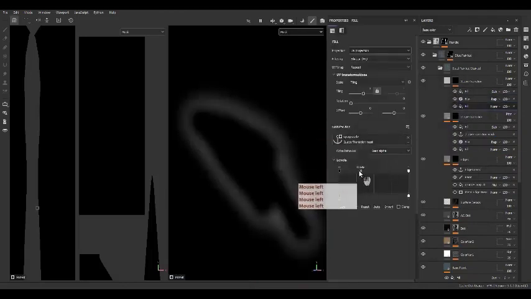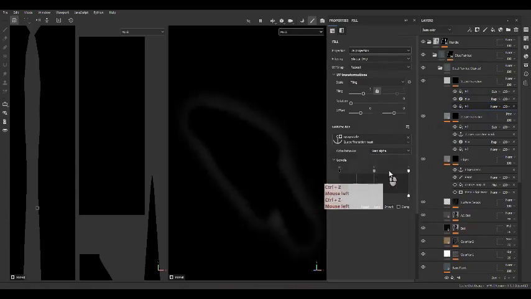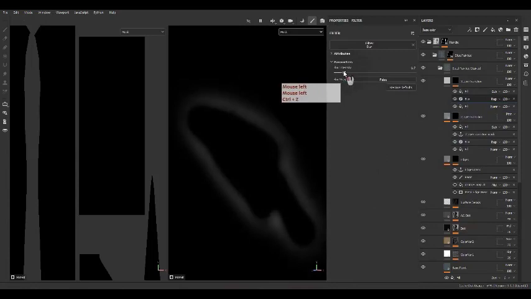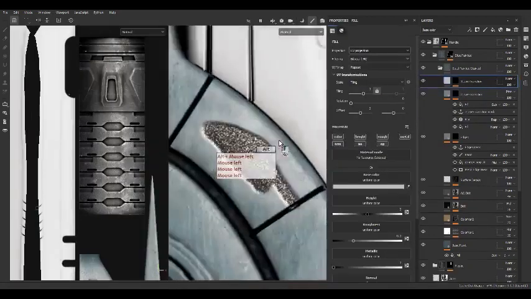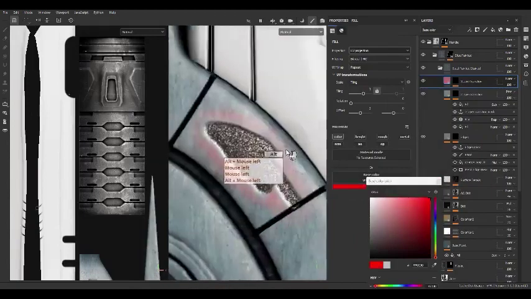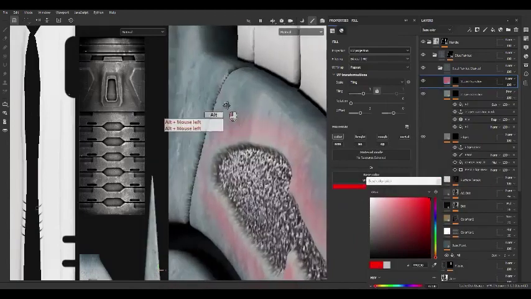Okay, let's play with this slider. And now we have our second transition. So as you can see,